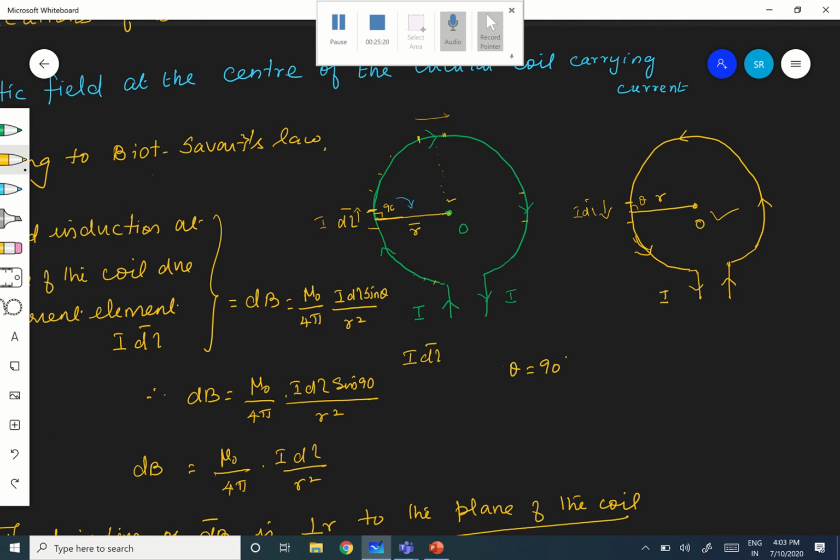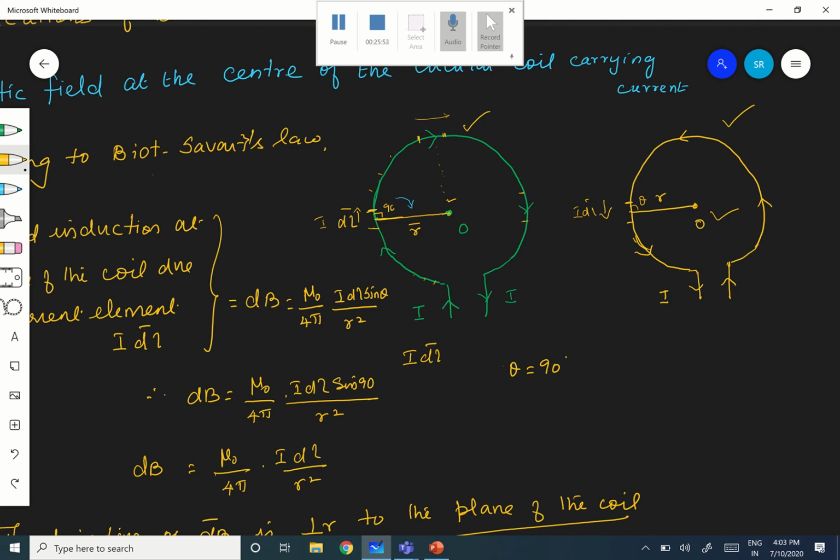Now we are going to apply this in both cases, that is, current in the clockwise direction and current in the anti-clockwise direction. In the first case, the current is in the green coil, in the clockwise direction. So keep the curvature of your right hand in the clockwise direction, with the thumb perpendicular to the grip of the fingers.